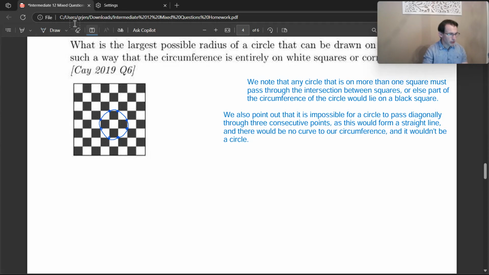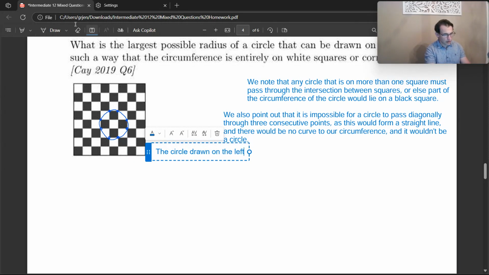So, and now we're going to mention the circle drawn on the left passes through 2